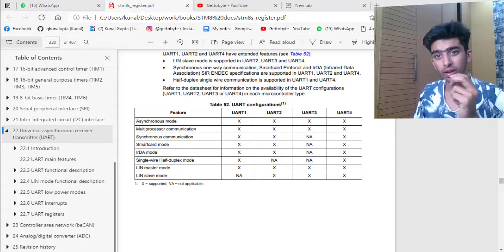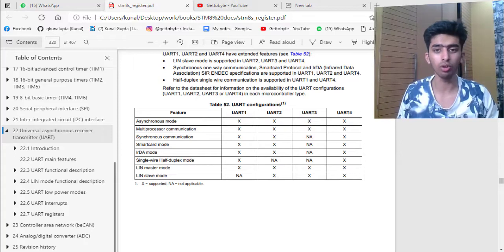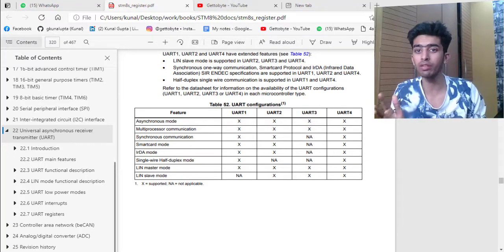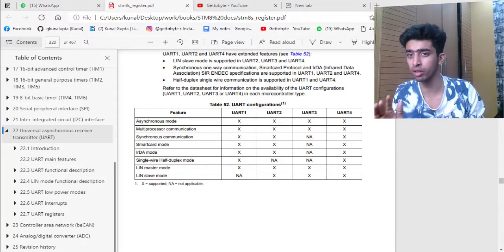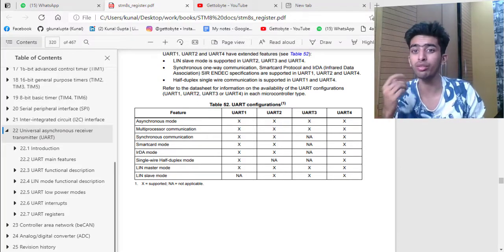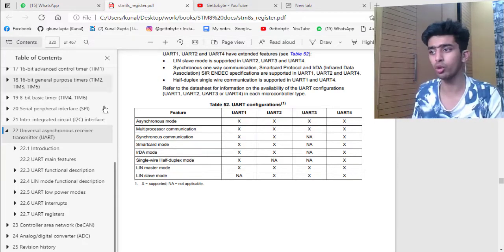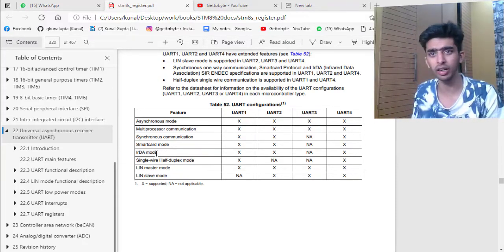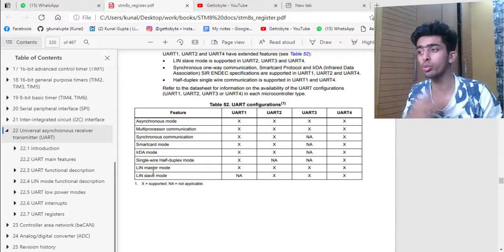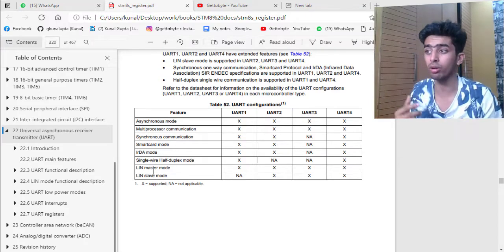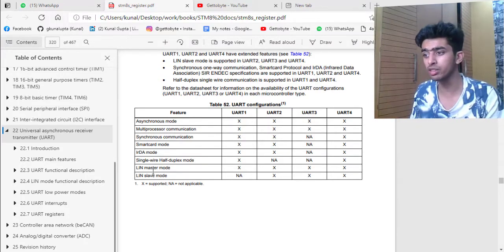That's why, guys, I like STM8S microcontrollers more and like to work on these controllers as compared to AVR microcontrollers, because these come at a very cheap cost as compared to AVR and also with lots of extra features. Like you can see in the UART only, in the AVR we don't have the features of smart card mode, IRDA mode and LIN mode. As these cheap modules have these features, we can also learn them and get to know how to do these things.